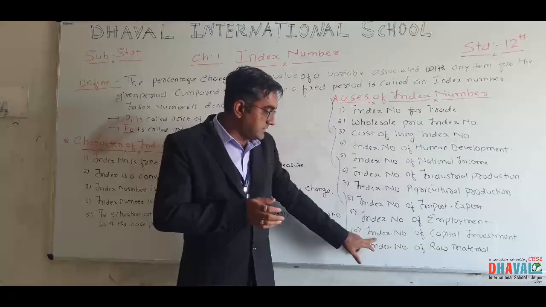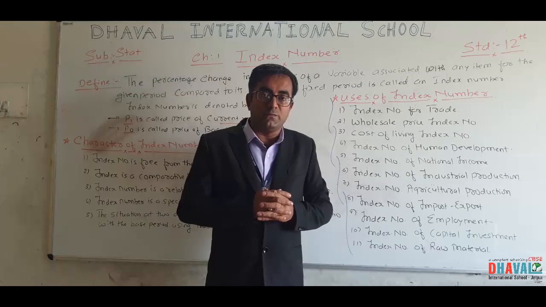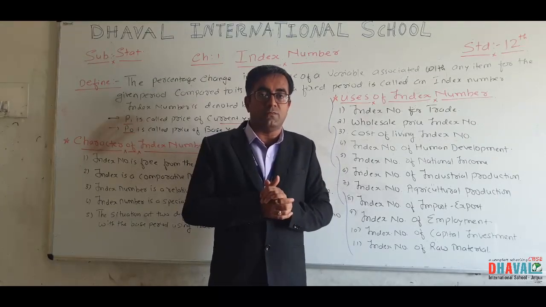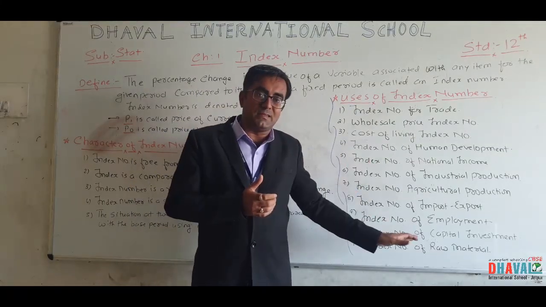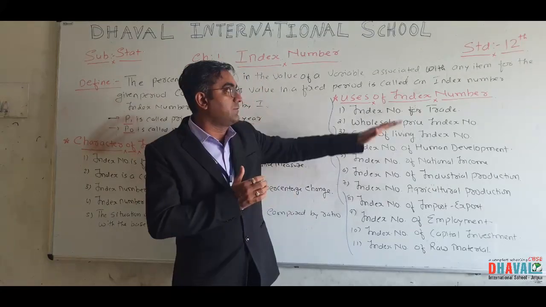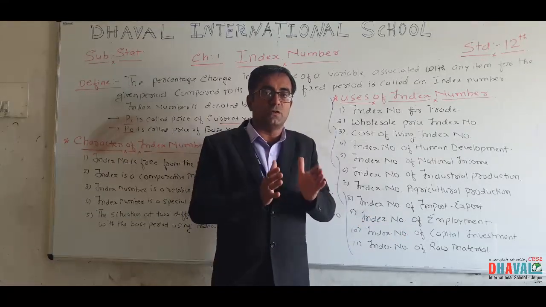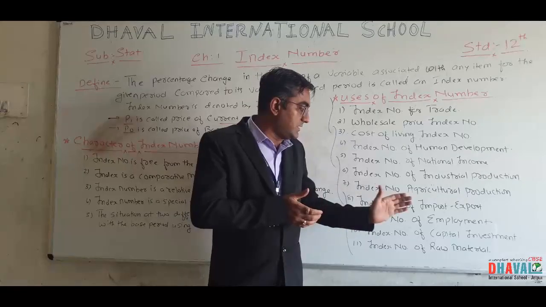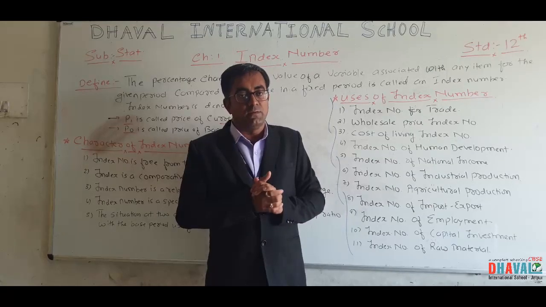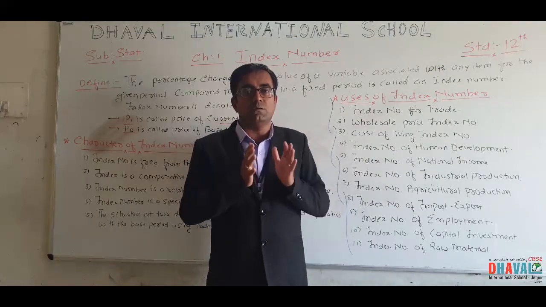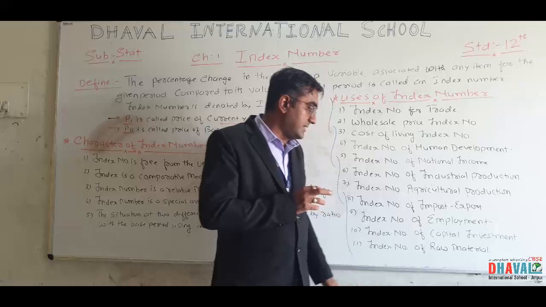Next, point 10, index number of capital investment. You know that for the development of infrastructure and huge projects, you need finance, which is called capital. How much capital flow is available for a particular country can be easily calculated with the help of index number. If there is more capital investment in the country, it means the country is going to develop year by year, because with capital you can establish huge businesses, infrastructure, dams, bridges, and roads. These are the pioneer points for the development of any country. The base point, you can select there also.